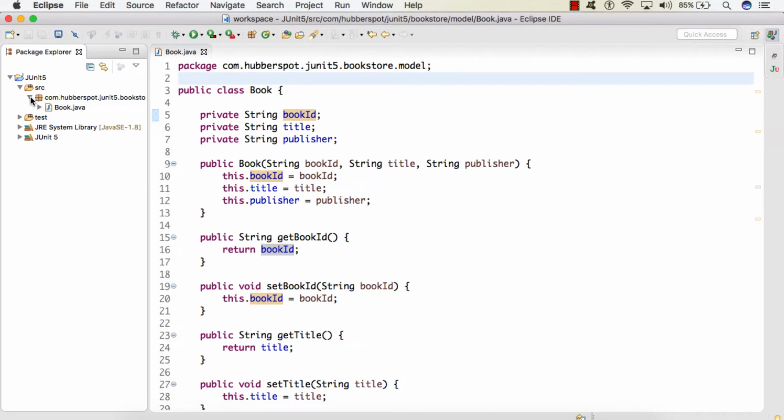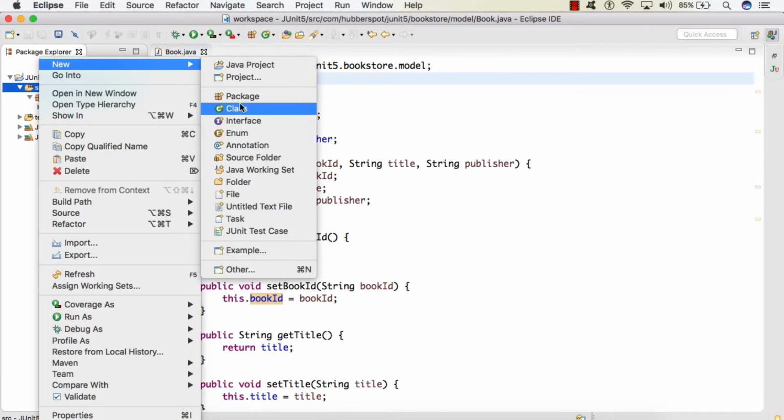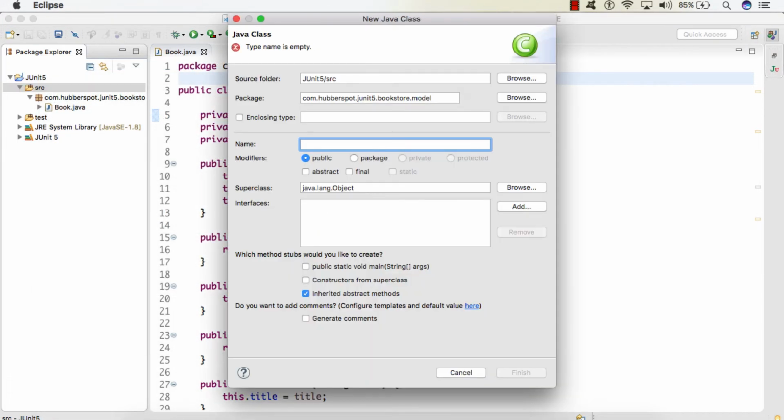So friend, this is our model class. Now let's create a service class. Let's say I give a name to it as book service and I keep it in a service package because this is our service class.